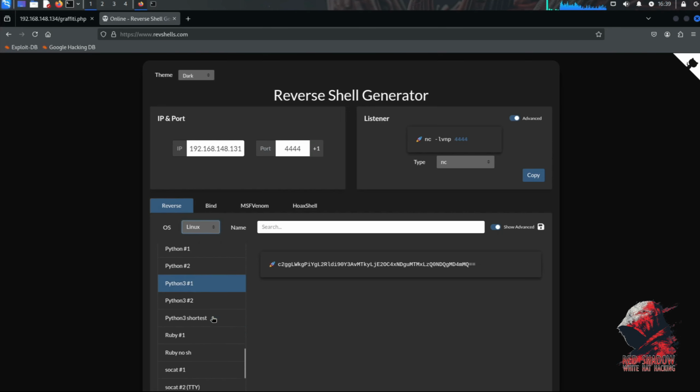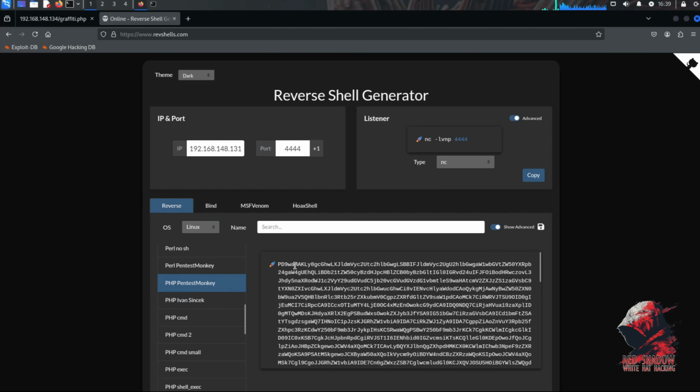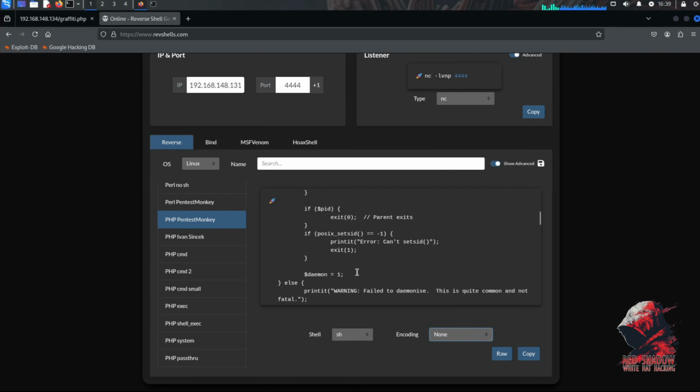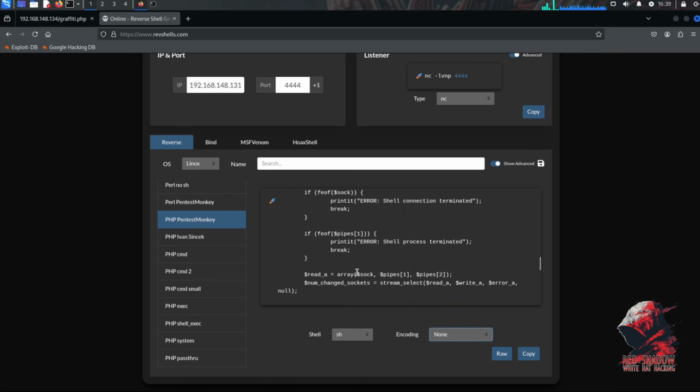We choose our OS, which in this case is Linux, because the web server is running on a Linux system. After that, I will choose a PHP reverse shell, and as you can see, it writes the whole shell for us. I will choose the type of shell that I want it to call back on, and in this case, just a normal shell. I will not use encoding for this, but if you have problems with executing a reverse shell somewhere